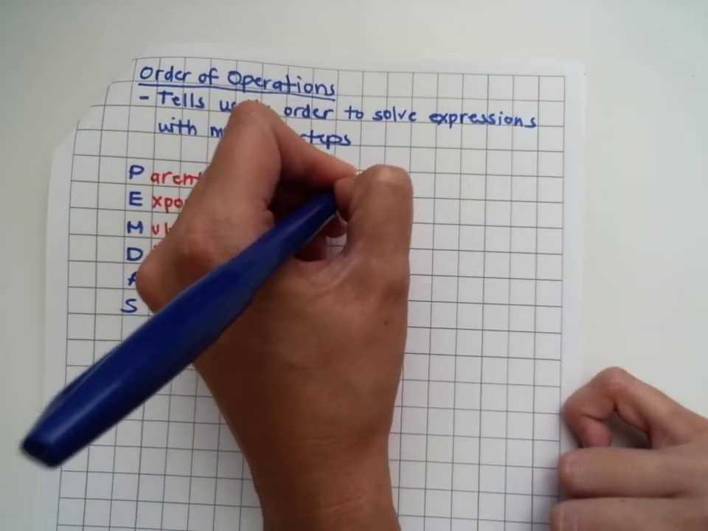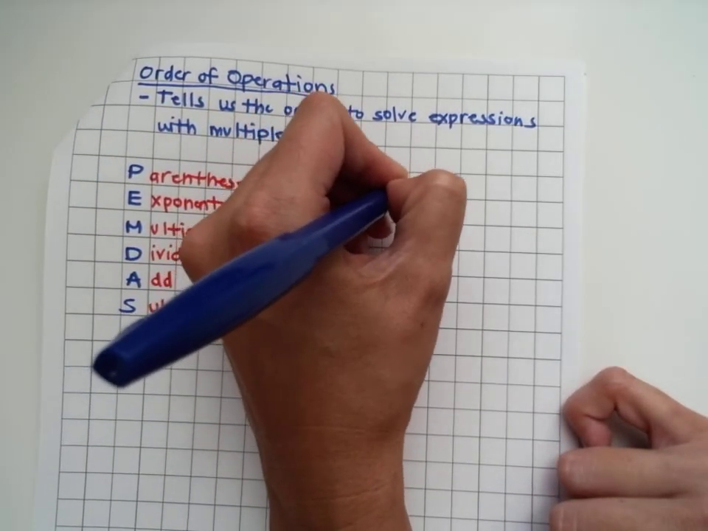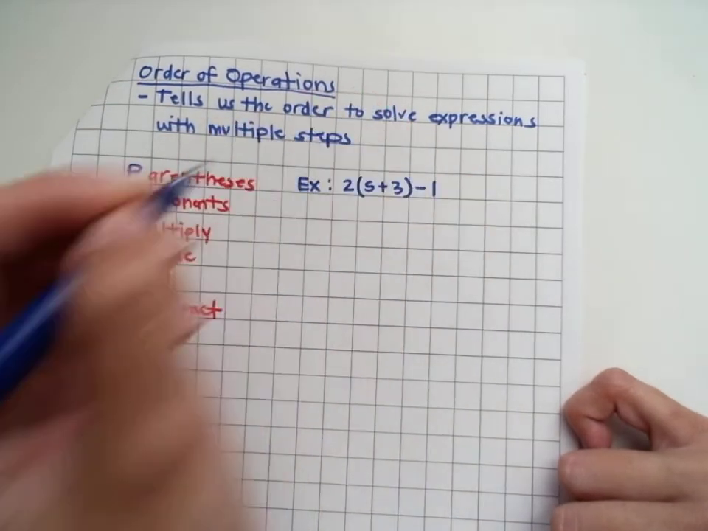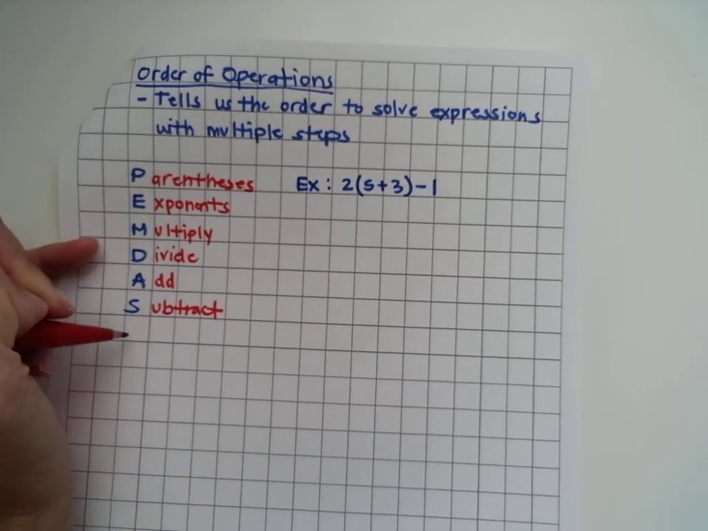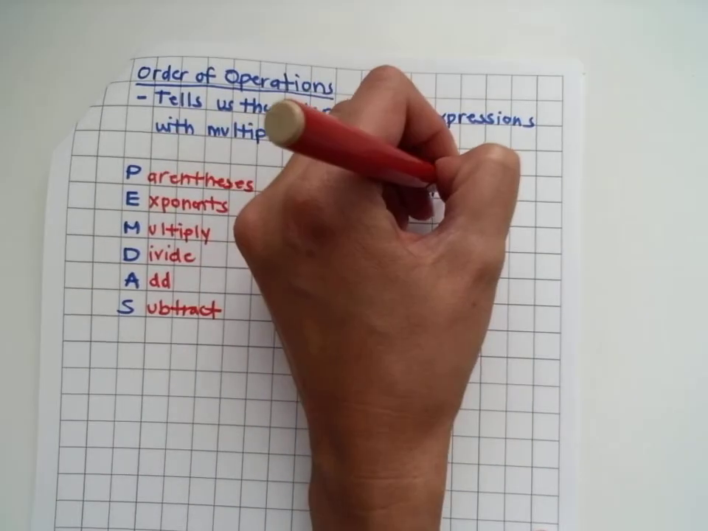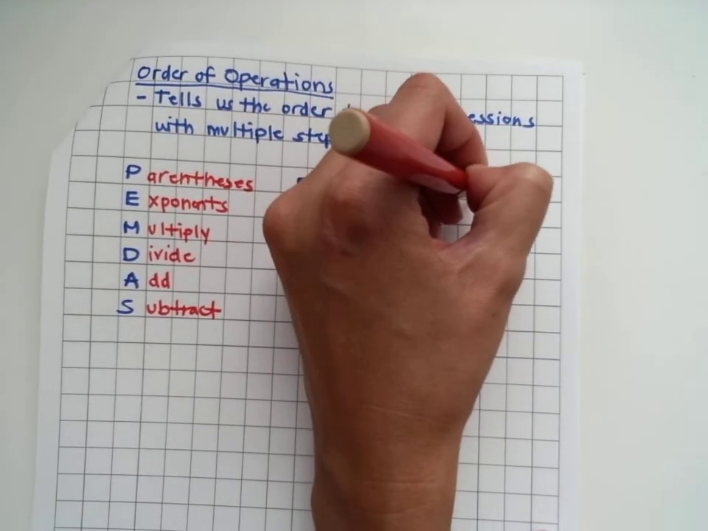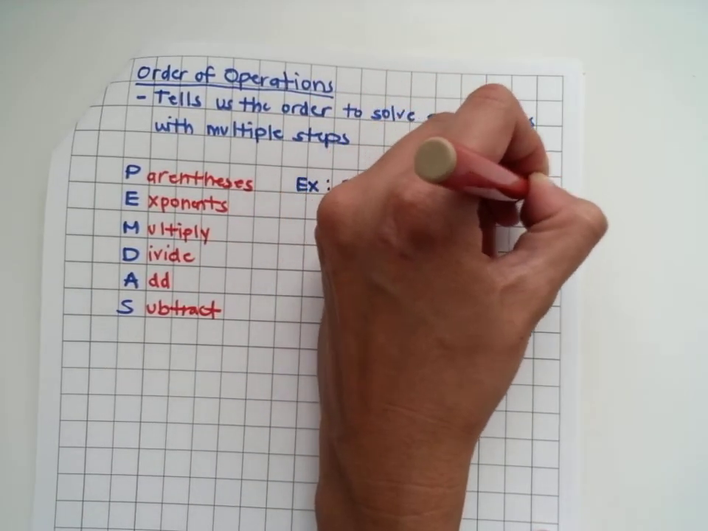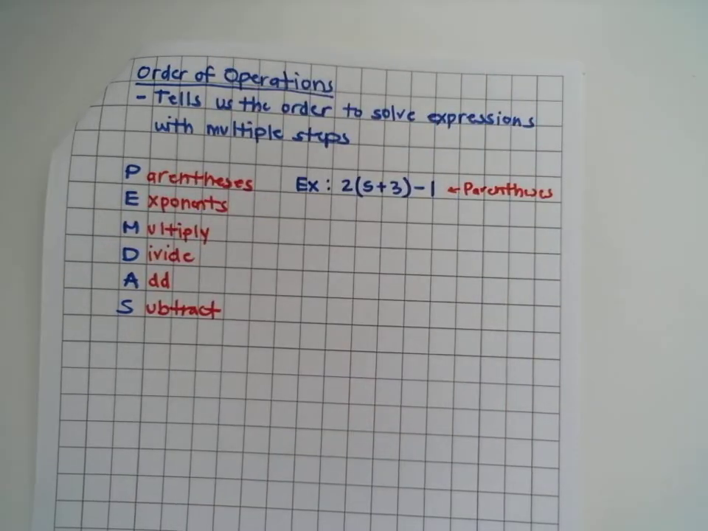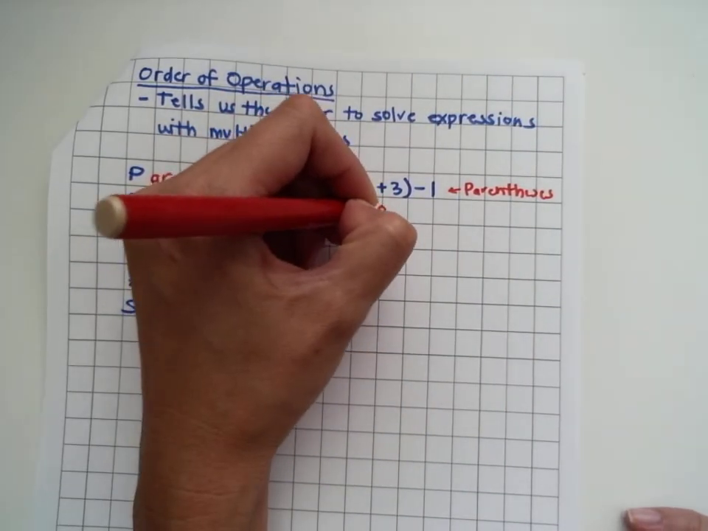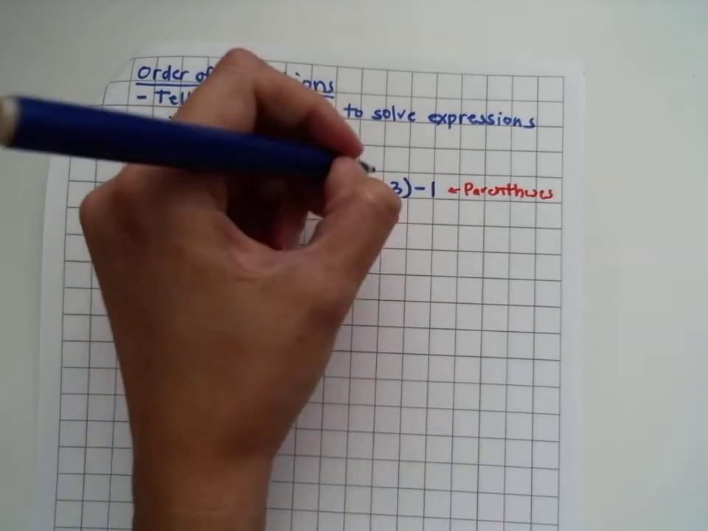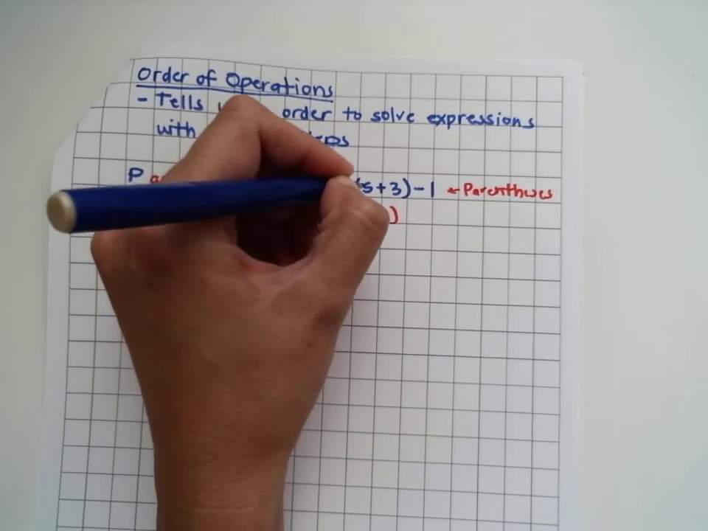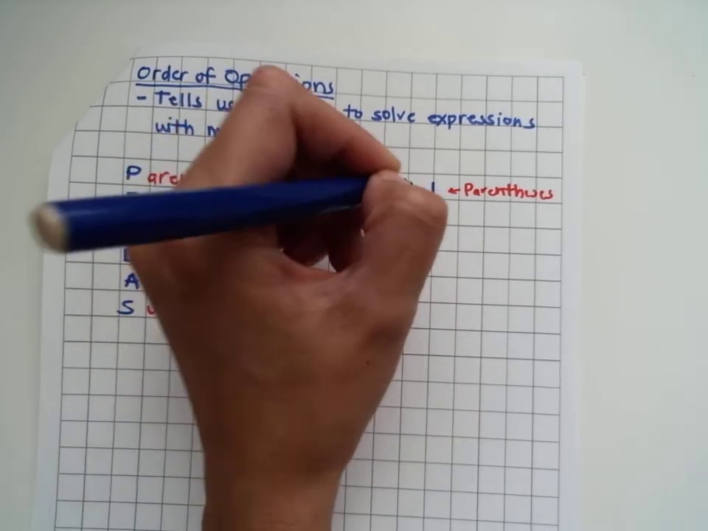Say we have 2 times (5 plus 3) minus 1. I'm going to go through PEMDAS, and I have parentheses, so I'm going to do the parentheses first. 5 plus 3 is 8, and then I'm just going to bring down the rest. So I have my 2, and instead of multiplying it by 5 plus 3, I'm going to multiply that by 8